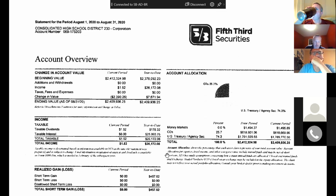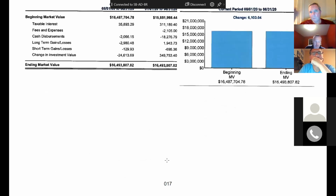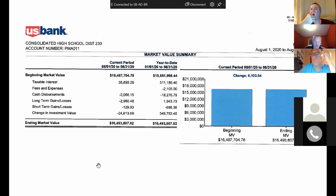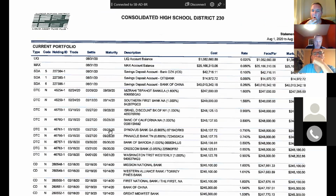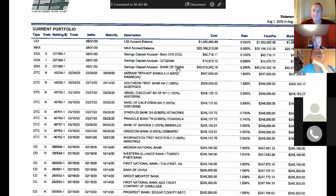They do. They already do that. The investments at PMA already are in the max account. If you go to the first page of the investments here, at the top, this max account has the bulk of the money, again anticipating our needs for payroll and our monthly bills. They have all the investments staggered, so as they mature, we liquidate funds, but your Bank of China, that's getting a little bit higher,